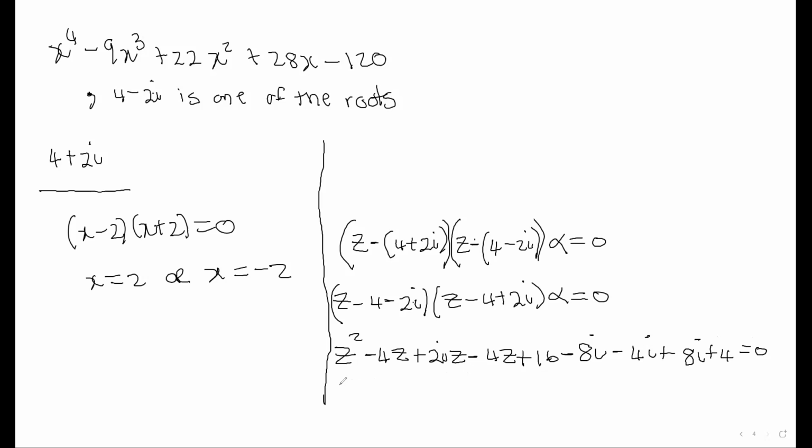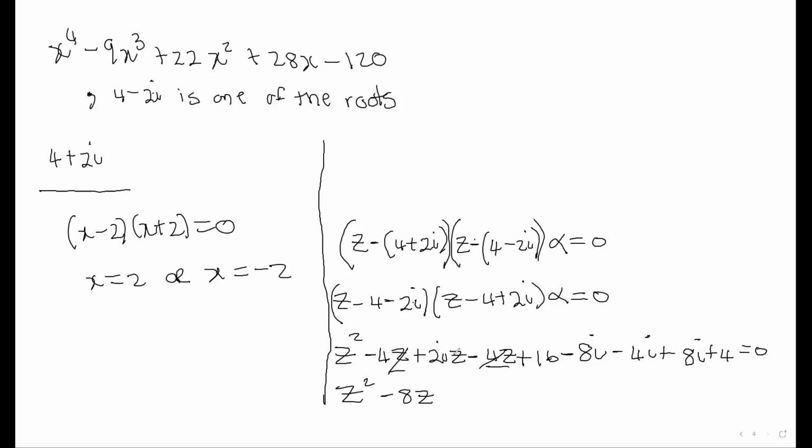Then we just collect like terms. This and this. This and this. There's another z. Will give us minus 8z. And